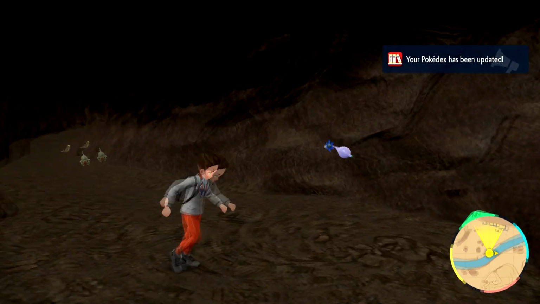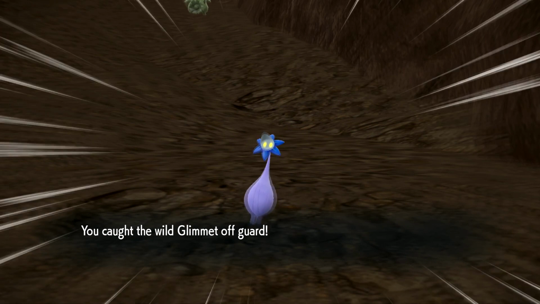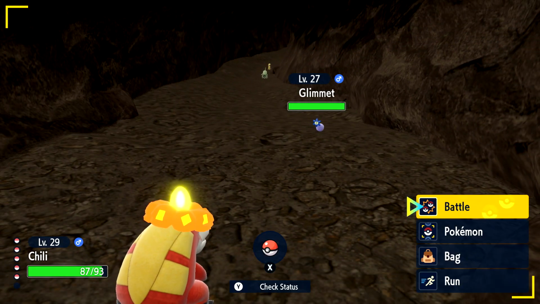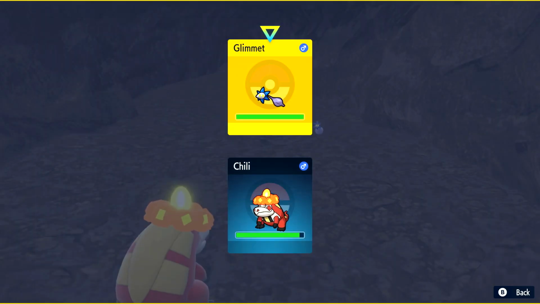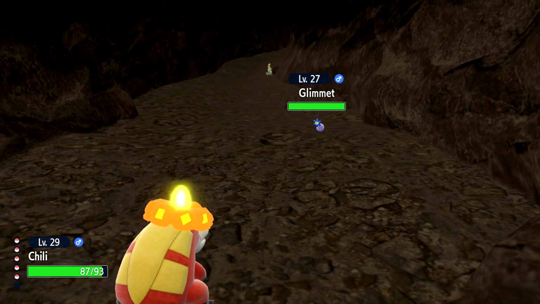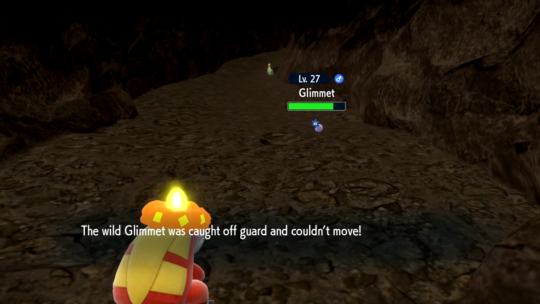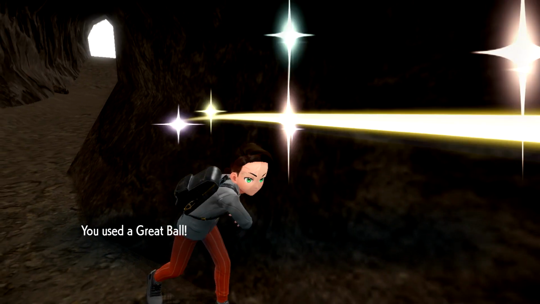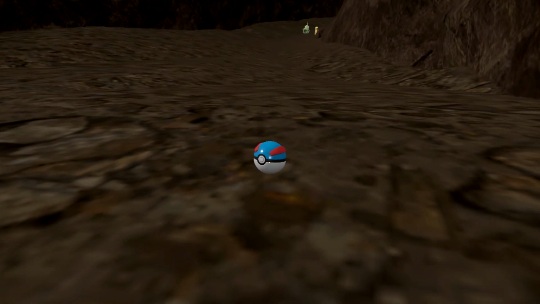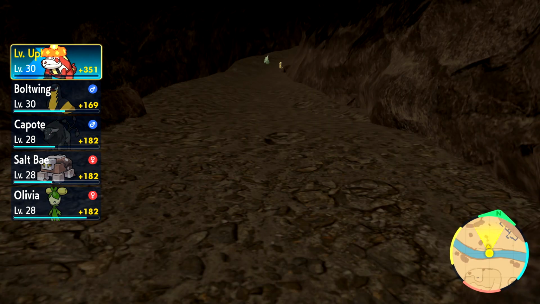I think this thing is Glimmora's evolution, I'm pretty sure. Yeah, Glimmet. It's a pretty interesting Pokemon. Is this just poison, or is it poison rock right now? I don't know. Well, it's a poison rock type. It evolves into Glimmora, and has a really neat ability, what's it called? Toxic Debris, I think, where whenever it gets hit by physical attacks, I'm pretty sure, it will